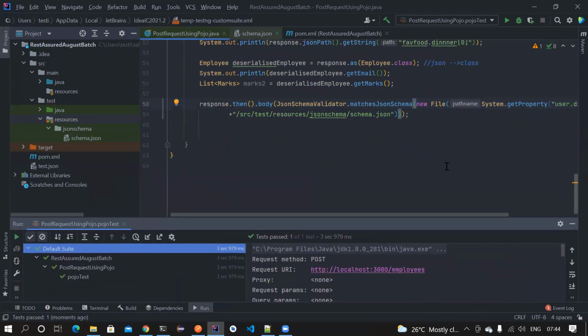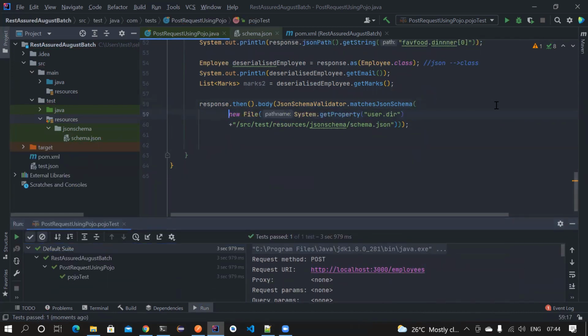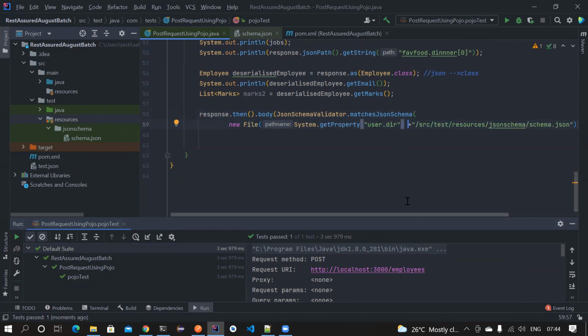So I think the string is not able to parse the information properly, so I have just passed it as a file parameter. Okay, this one is a file now. Okay, good. Yeah, so basically you can do schema validation like this. So we have done almost all the things that we have done using